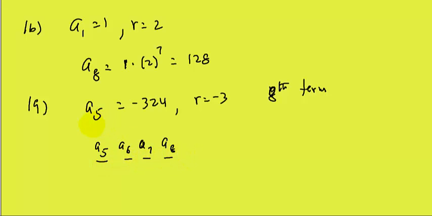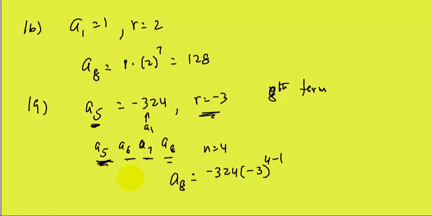Since we don't have a sub 1, we're going to treat that as a sub 1. Since there are 4 of these terms, my n is going to equal 4. We're going to treat that as a sub 1 now, and we can find the 8th term. So a sub 8 is really a sub 1, which is negative 324, and then the ratio, which is given, negative 3, and instead of writing 8 minus 1, we're going to write 4 minus 1,